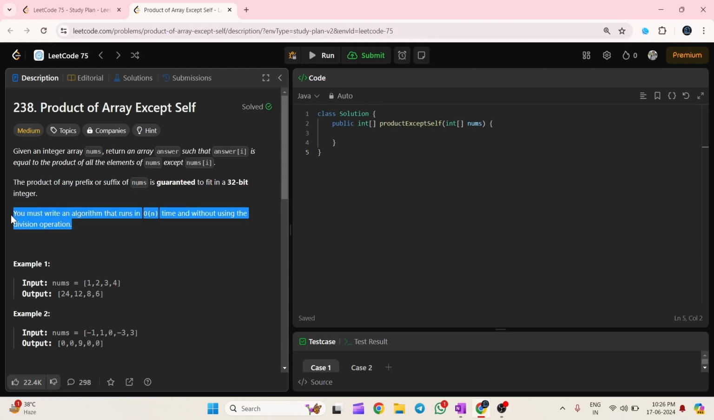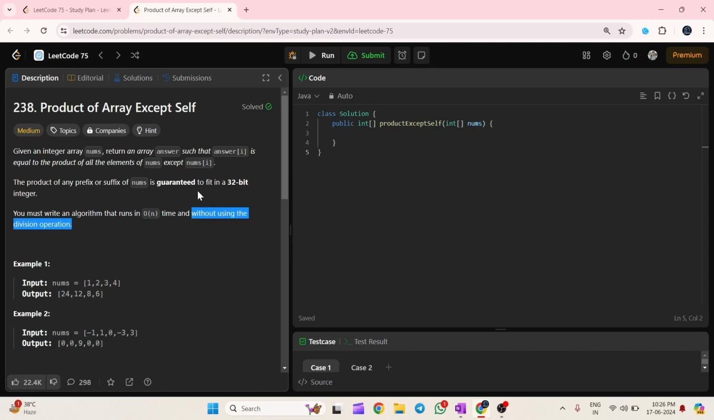The last line says that you must write an algorithm that runs in O(n) time complexity. Means we can create an array but we cannot do more than that. And without using the division operation. This is what